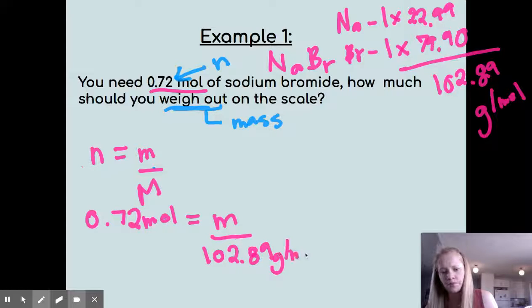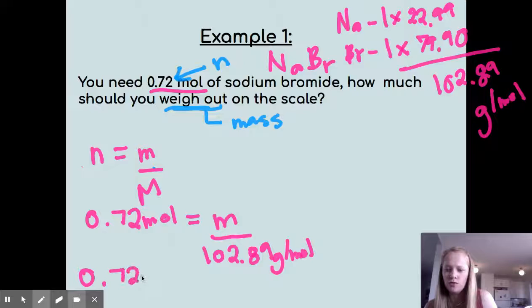All right. So, math skills. I want to get my little m on its own. How do I do that? Well, that little m is being divided by 102.89. So in order to get it on its own, I'm going to move this guy to the other side, which means because it's being divided, I need to multiply. The opposite of divide is multiply. So I'm going to multiply